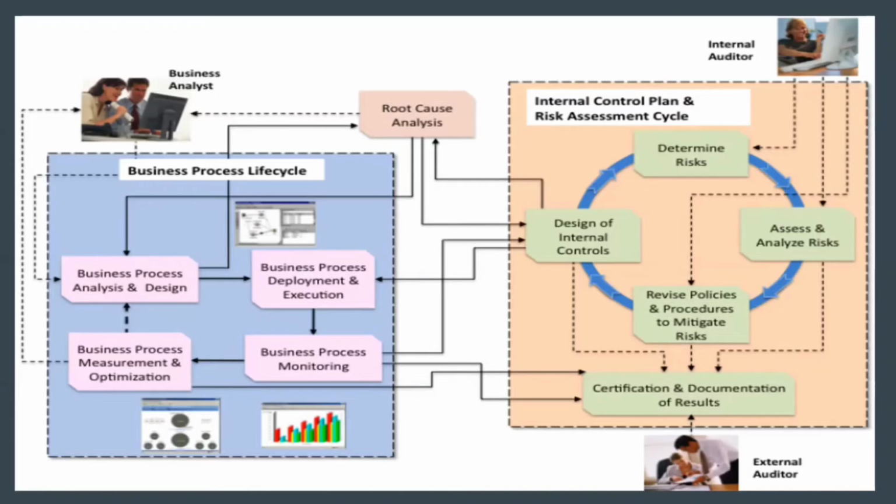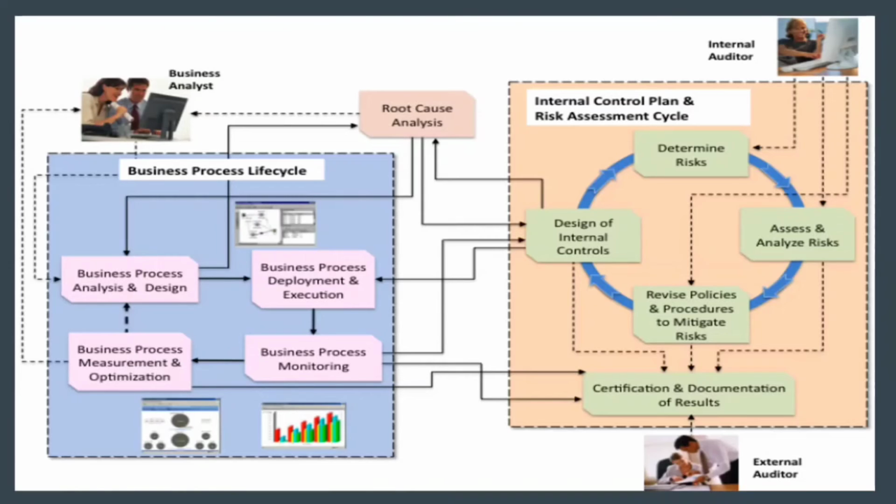Analyzing this chart, we can say that there are various cycles. On the left side is the business process life cycle, where business process analysis, design, deployment and execution are the major activities going on, and the internal control and risk assessment cycle on the right side, where it determines the risk, analyzes the risk, designs internal controls, and revises policies and procedures to mitigate risk. At the end of the day, preventive control